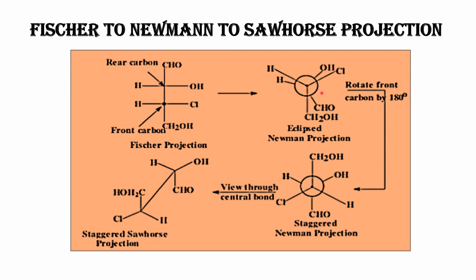If you want the staggered form, you need to rotate 180, not 60 degrees. Just keep this in mind. You have to rotate the front carbon 180 degrees. Then only will one be on the top and one on the bottom. Then only you will get a staggered form. Okay, this CH2 will go there, and CHO will be down. The CH2 will go there. Cl here will come here. H will come here. If you view it like this, it's easy for you. Write the Sawhorse projection. Sawhorse projection means what? One Y will be like this, one Y will be like this, the staggered form of Sawhorse. So as it is, the front carbon you write as it is, and the back carbon, this is the back carbon, HOH, COH. It's easy to write in the staggered Sawhorse projection.